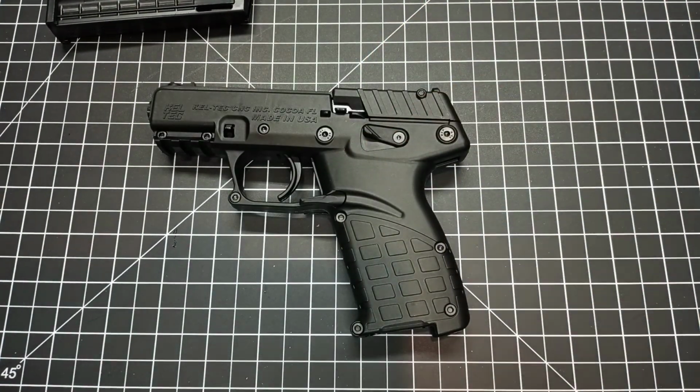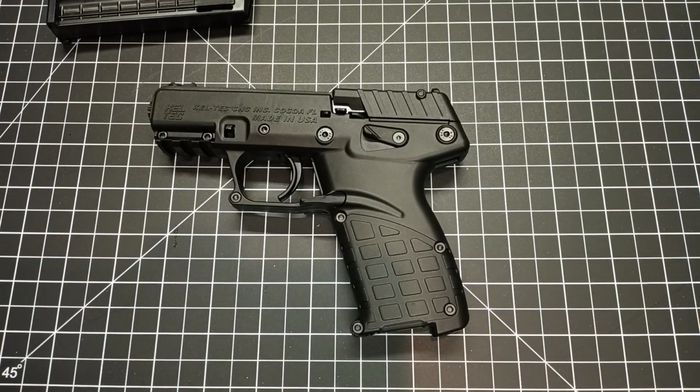This is a gun that I really want to love, but I'm a little nervous about it. Basically, MSRP is $199 for this. I picked it up for $219. Overpaid a little bit, but if it works well, I don't mind. It holds 16 rounds in a magazine, shoots 22 LR. The thing that kind of cinched the deal is that it came with three 16-round magazines, which I really like